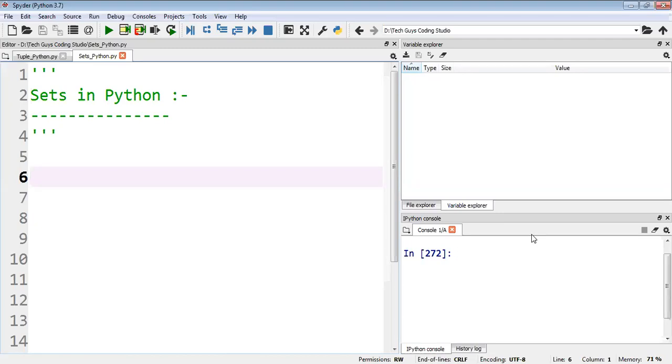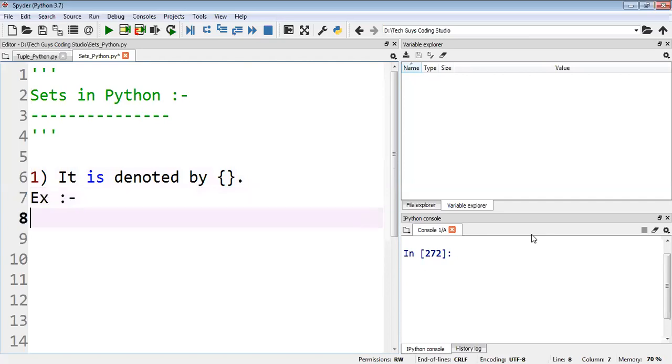First of all, I just want to know how to create a set. It is denoted by curly braces. For example, if I want to create an empty set, I create it with the help of the set method and store it into one variable, like set.